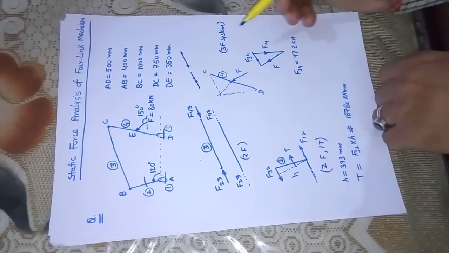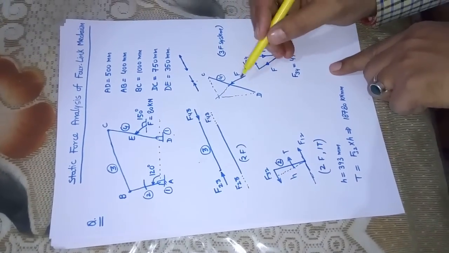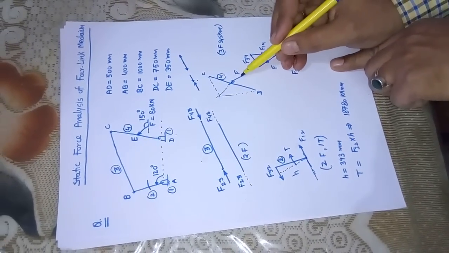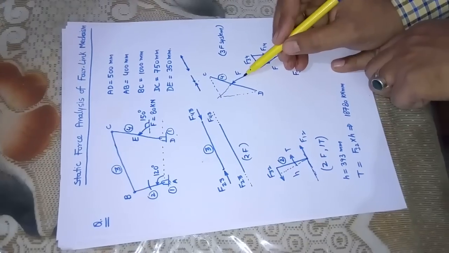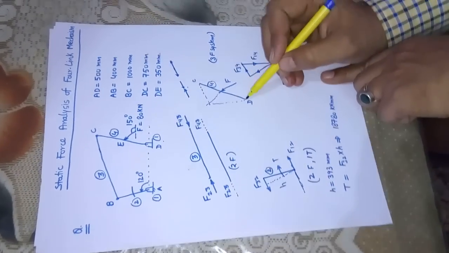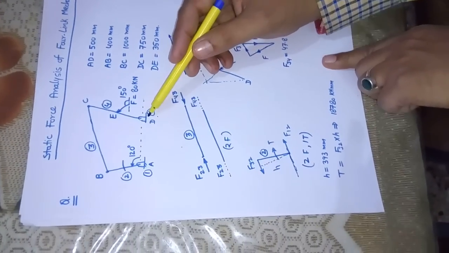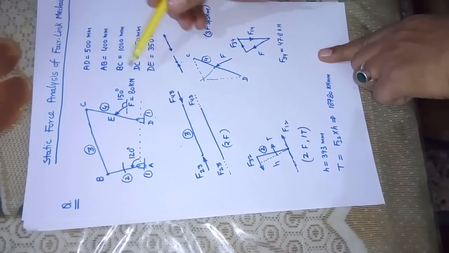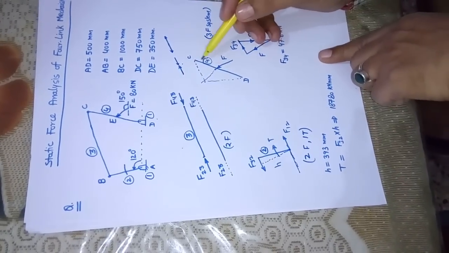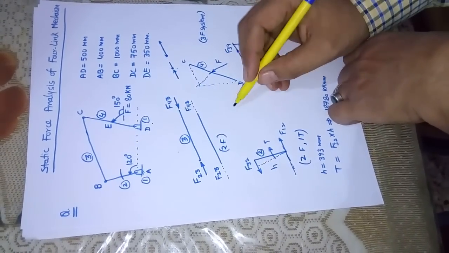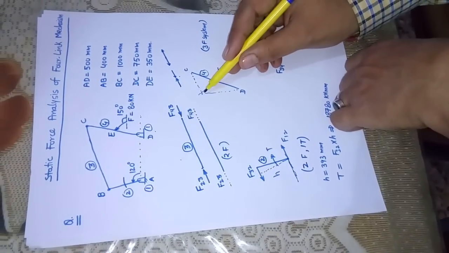Now we'll see the FBD of link number 4. In link number 4, there are three forces. One is an external force, which is already given in position and magnitude by this force F. The other two forces are acting because of link number 1 on 4 and because of 3 on 4. Now if an object is in equilibrium under 3 non-concurrent forces, then the lines of action of those three should pass through the same common point.